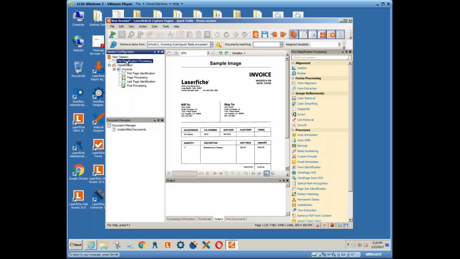Pre-classification processing is a really neat feature. It allows you to tell the system to look at every single page and look for something on that page, because Quick Fields looks at all the pages and then breaks them out. So I can add a couple different processes, and as we can see here on the right-hand side, I can do things before I even try and process the document. I can add lots of image refinement options here, and those are